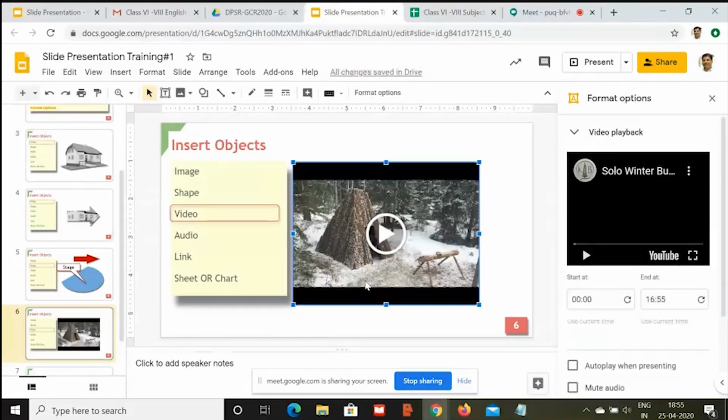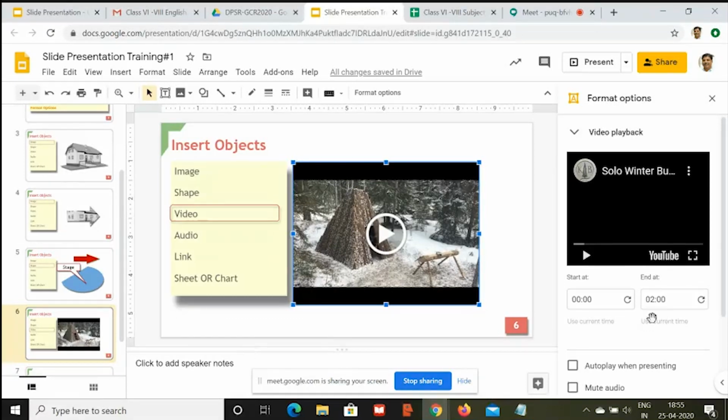So once you have inserted, the best thing is here you can customize this timing on your own. You can just click on this end at, and you can just set it to 2 minutes. So only first 2 minutes, if it is relevant to you, just set it to 2 minutes and then leave it like this, so that when you will be presenting this particular video, this video will stop at 2 minutes only, right?